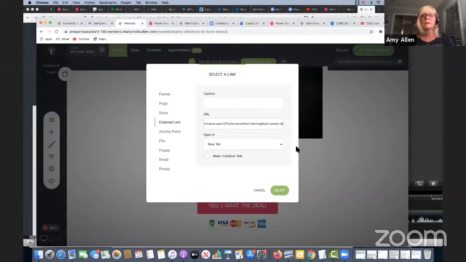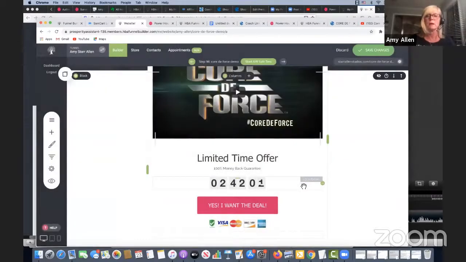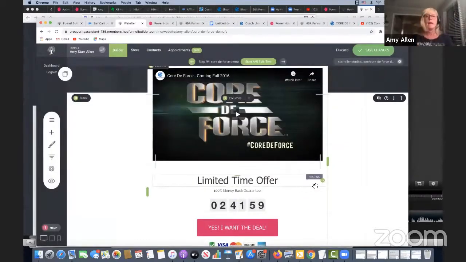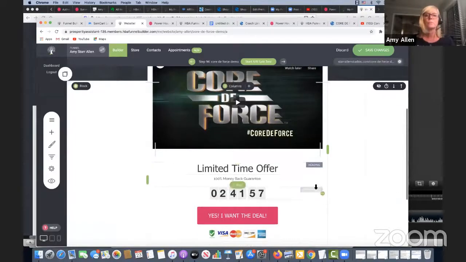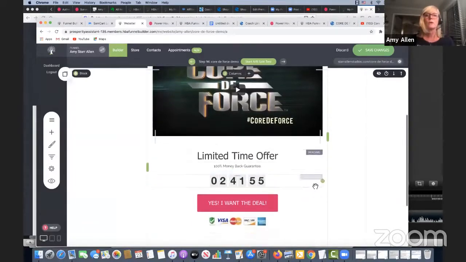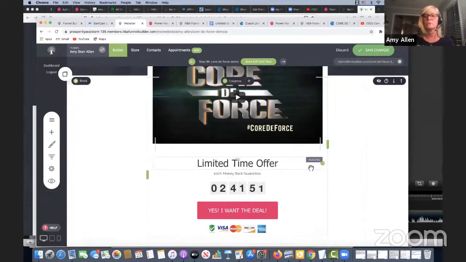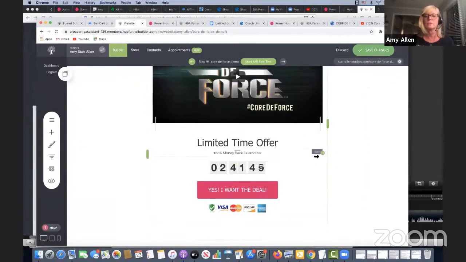Put that in there. So now what it's going to do is take the ID off the link in the address bar for this button. All right, so this isn't the best example because I made the name of the page really long and whatever, but I'll show you how this works. So if I go save changes,